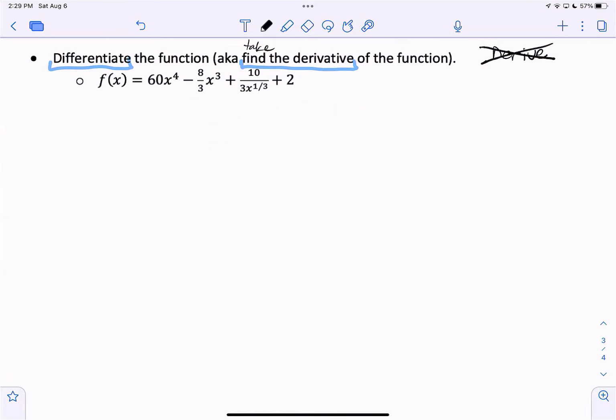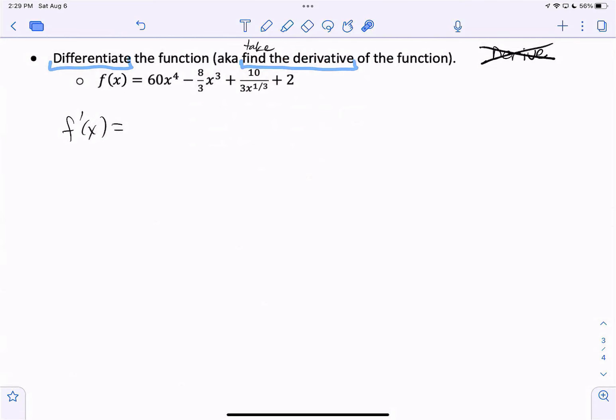Math people just kind of, I don't want to say they laugh behind our backs when we say that, but they just know it means you don't know. Anyway, so differentiate, take the derivative, totally cool. All right, we're going to do it. f prime of x is equal to,